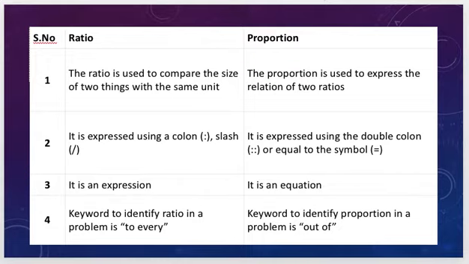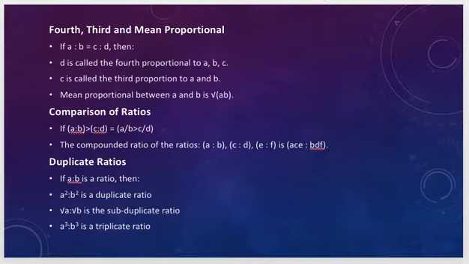Now the keyword to identify any ratio is that to every single girl present in a class there are two boys, whereas in a proportion, out of 600 students 30% are boys or 30% are girls. So that is how we are going to identify which is a ratio and which is a proportion. Then some of the other